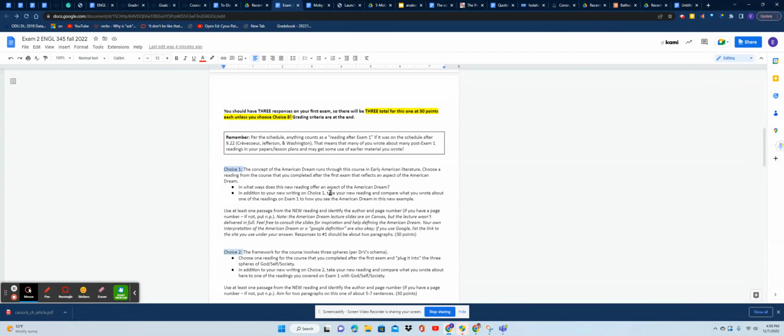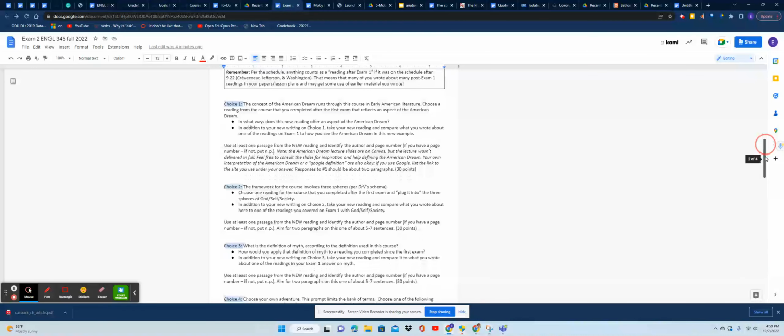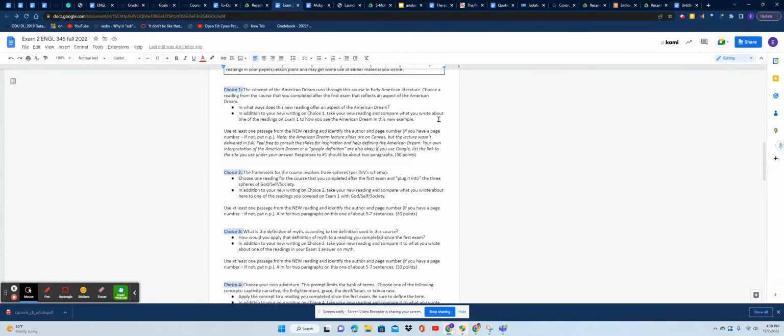These 3 are worth 30 points a shot. That's 90 points plus the 10 for the reflection for the grade. I really don't mind however much copying and pasting you do from your earlier work in the course. You just have to follow the most basic instructions for each of these, and add some new material applying the question to whatever you did after the first exam readings, and you compare something that you wrote on your first exam to what you write here about the reading that you've read since that time.